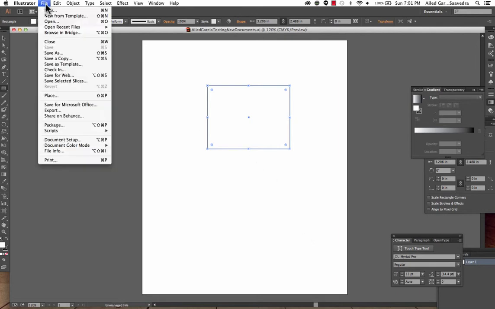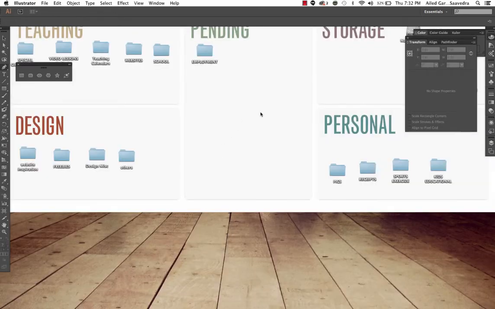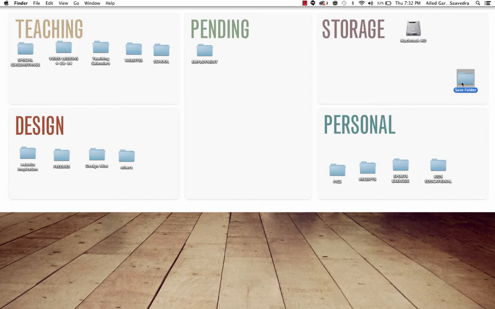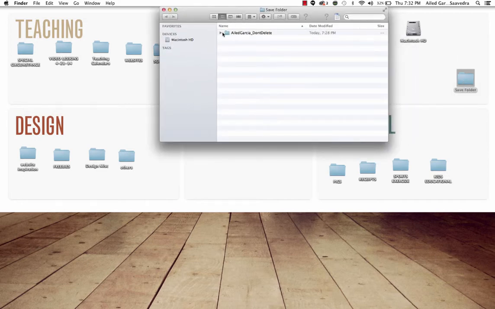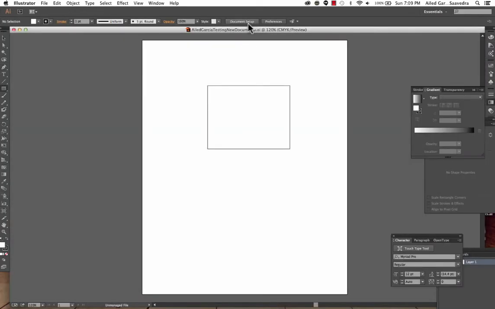To close the document, you can hit File, Close, or Command W on a Mac or Control W on a PC. And when you close it, your document will be stored in the save folder inside your folder called I led Garcia don't delete. Okay, next we want to go back,